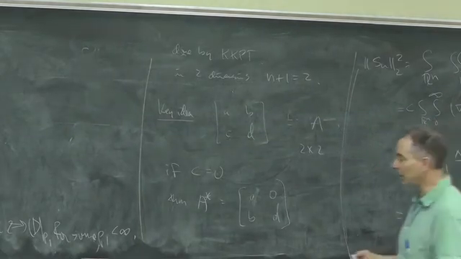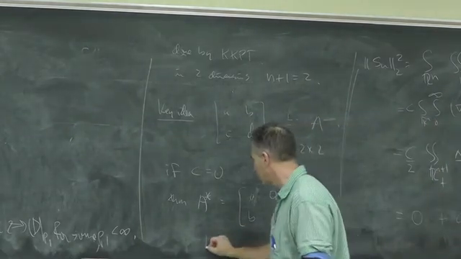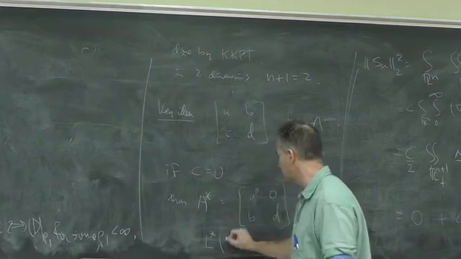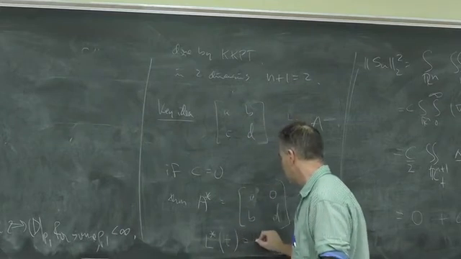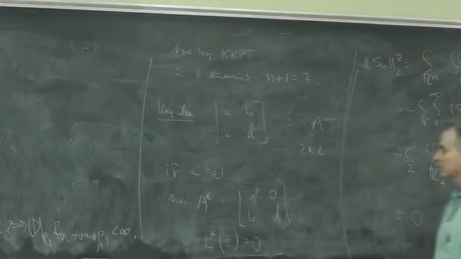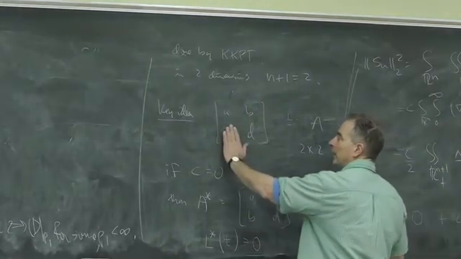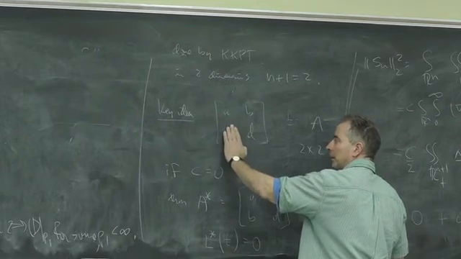And notice that then the corresponding adjoint operator L star of t equals 0. So t is a solution of the adjoint operator, which says that if you have this triangular matrix,